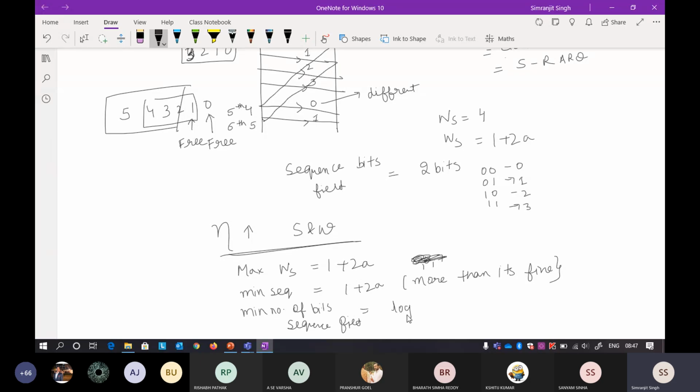I already showed you how to take a log of it. It will be a ceiling function. Suppose you have something like 5.5, so I don't want a floor of it. If it is 5.5, maybe there is some number that I need 6 bits to represent.